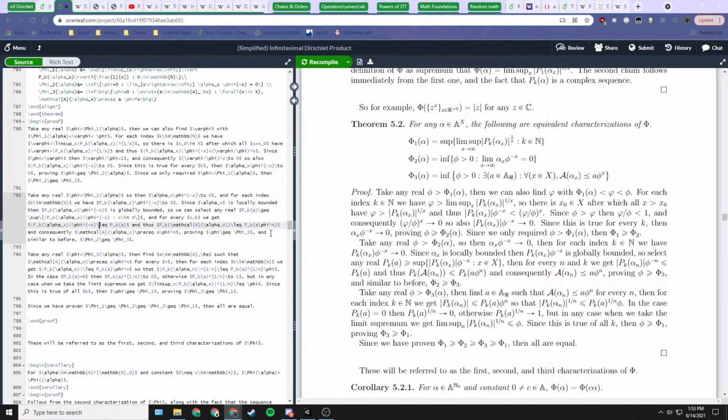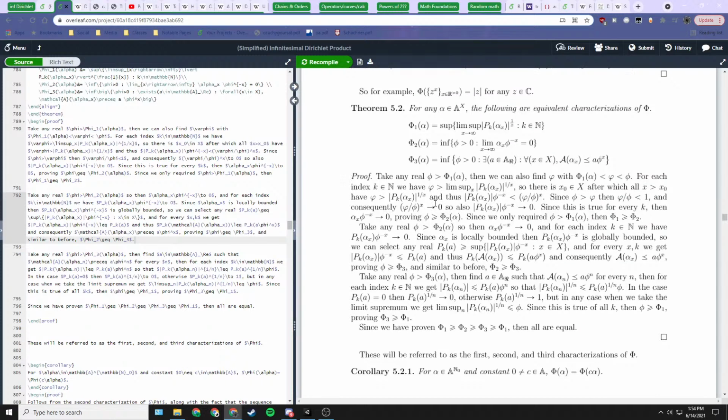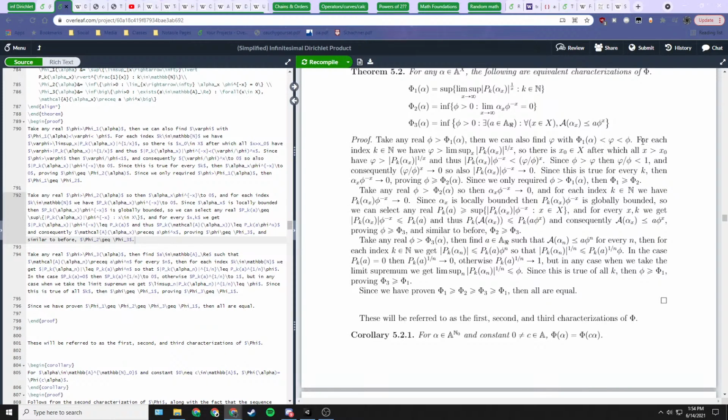X minus x, okay, and thus alpha x and x, and this is preceding this. Okay. Let me double check that. So essentially we're just redoing all these proofs, but in this case where we had this general variable x. So any real theta, blah blah. For each index k, we have this greater than that, x0 after which all x greater than this have this,